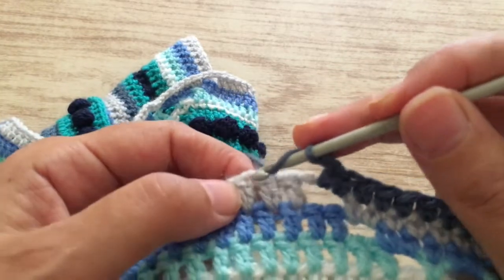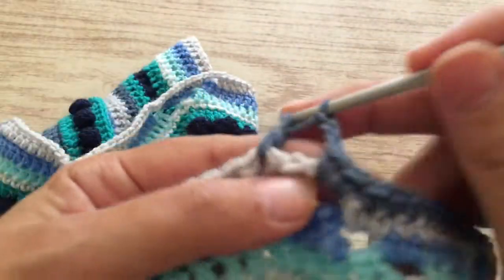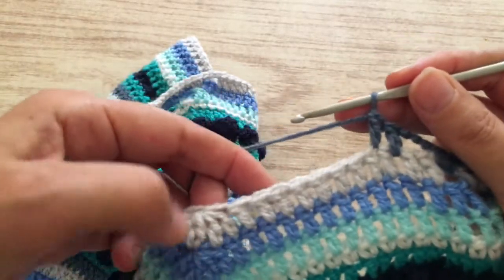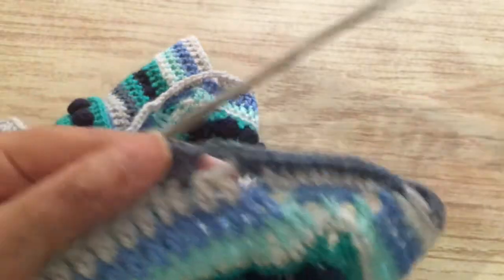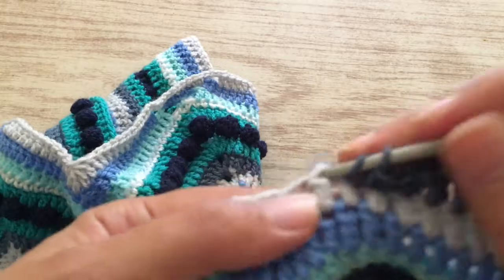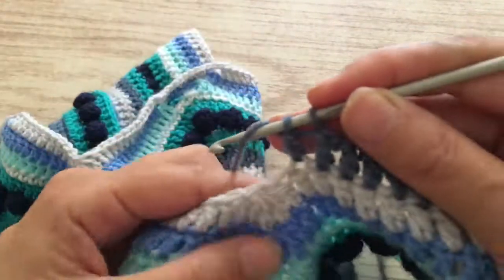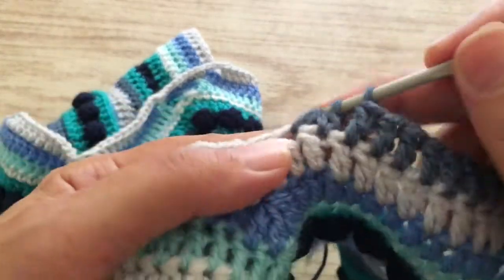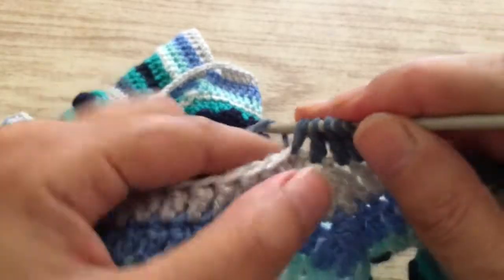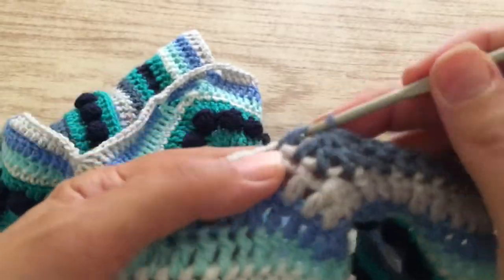We skip this one here, we go here, and we make another 8 trebles. We make 8 trebles until we arrive here. You continue like that. The 8 trebles are ready, and we're going to do the same. 4 trebles together. 1, 2, 3, and 4. We pull them out together, and then you continue with other 8 trebles,